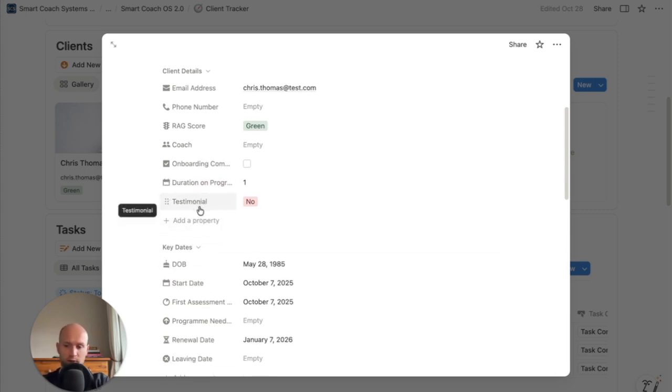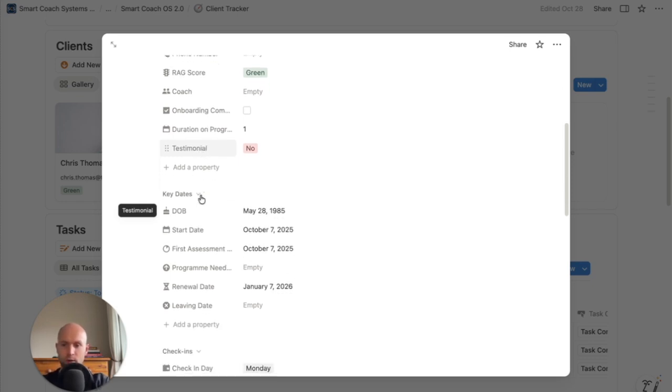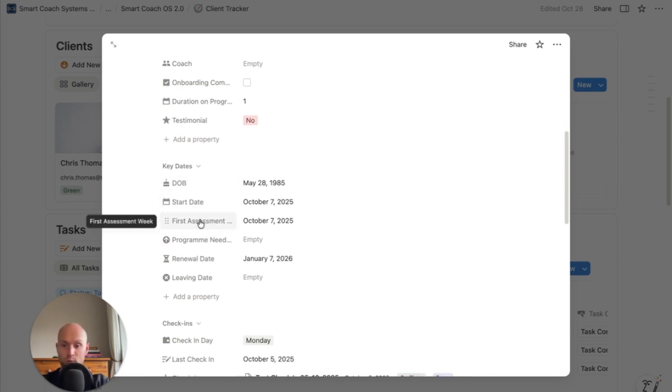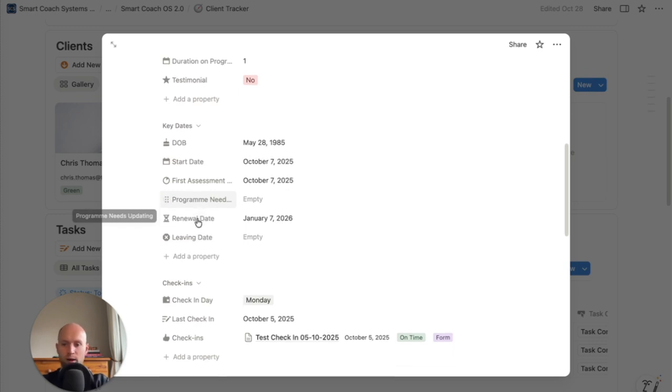So again, you can either do this manually or you can set up an automation to follow up with that client to make sure you're getting a testimonial. Their date of birth, just remember to give them a happy birthday message, when they started, when their first assessment was, when you need to update their program, when their renewal is for their payments,